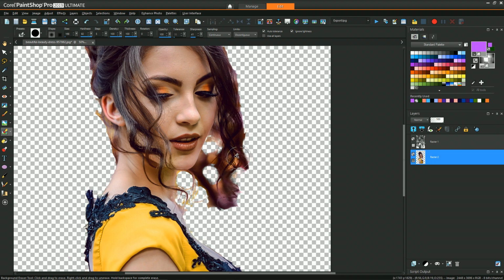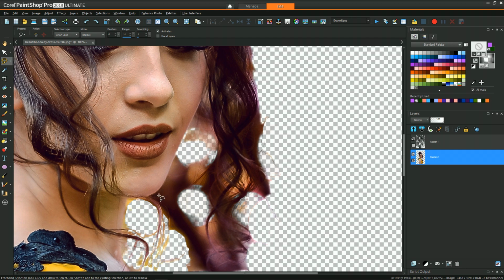We are going to use that other layer that I saved to get us more detail, but even right now, really just trying to leverage the background eraser to remove just some major areas where there's a significant difference in color that'll make it a little easier. And then once again, to try to get that area right along the chin, going back to the freehand with the Smart Edge, and you can see it creates a nice clean cut right around where the chin wraps around to the cheek.